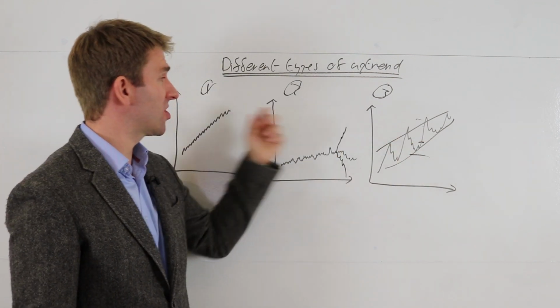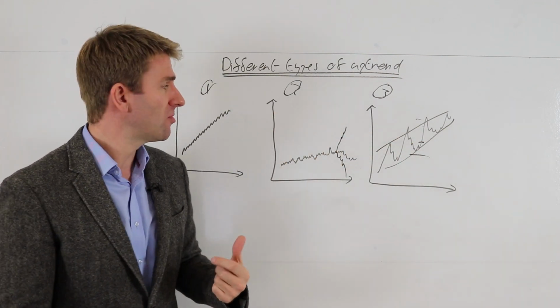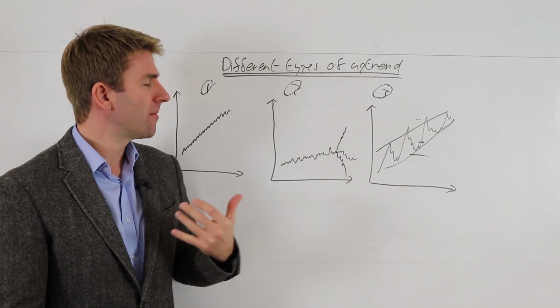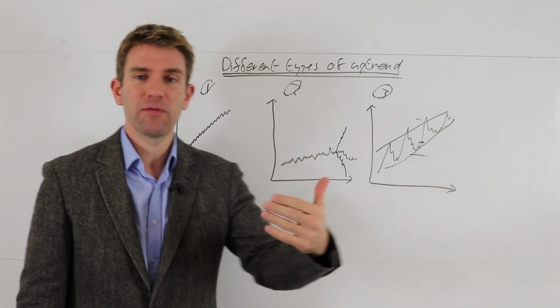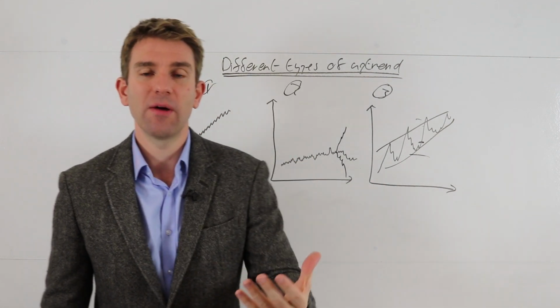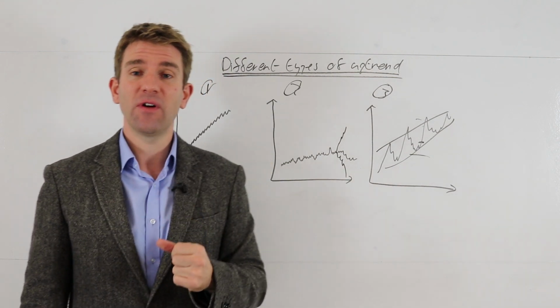Let me know actually, guys, in the comment section below, which is your favorite uptrend. What makes you the most money? What makes you the most profit? For me, it's definitely got to be number 3, because I like that kind of oscillatory action, even though we're in an uptrend. So next time you look at a chart and you identify it as an uptrend, maybe have a subcategory for it